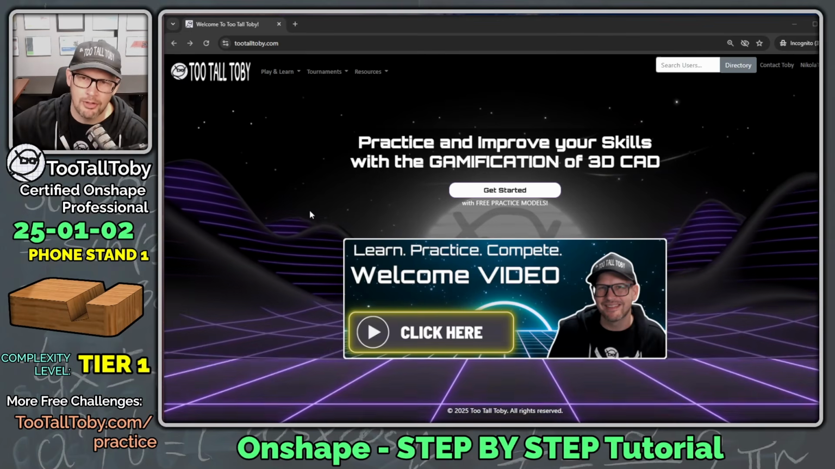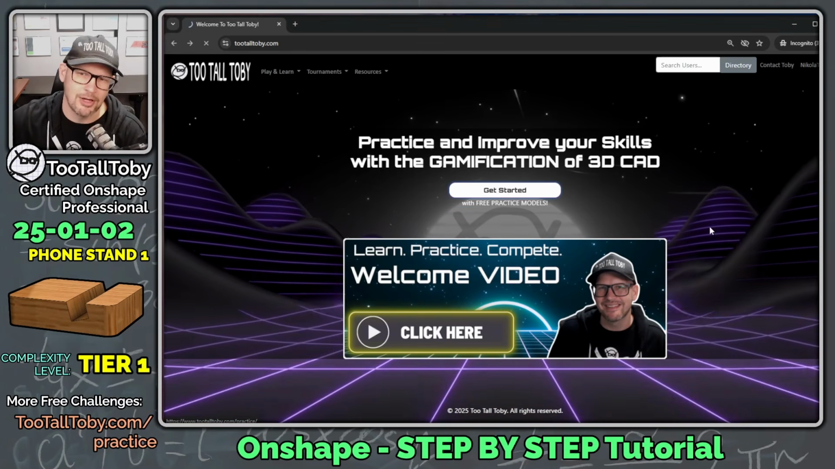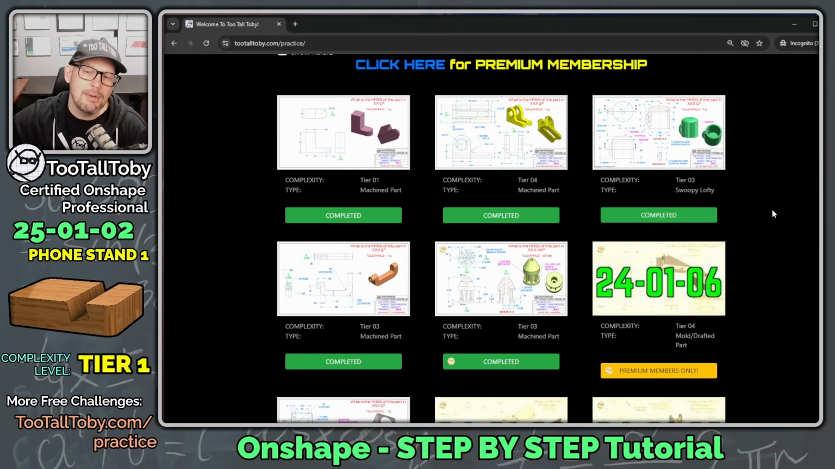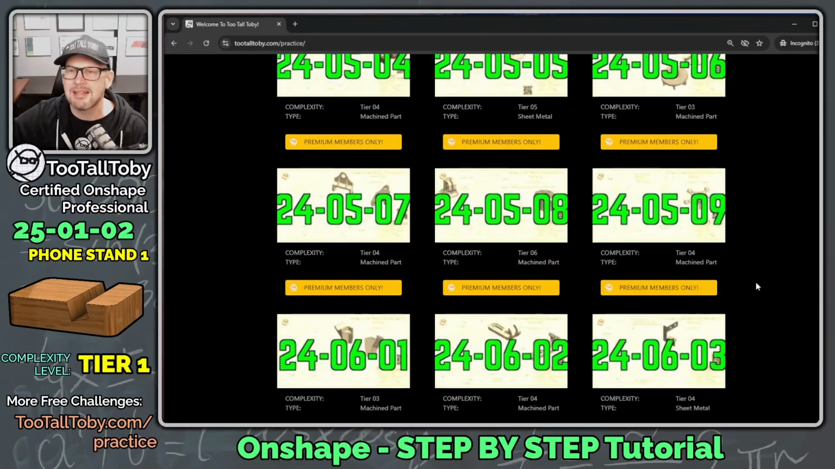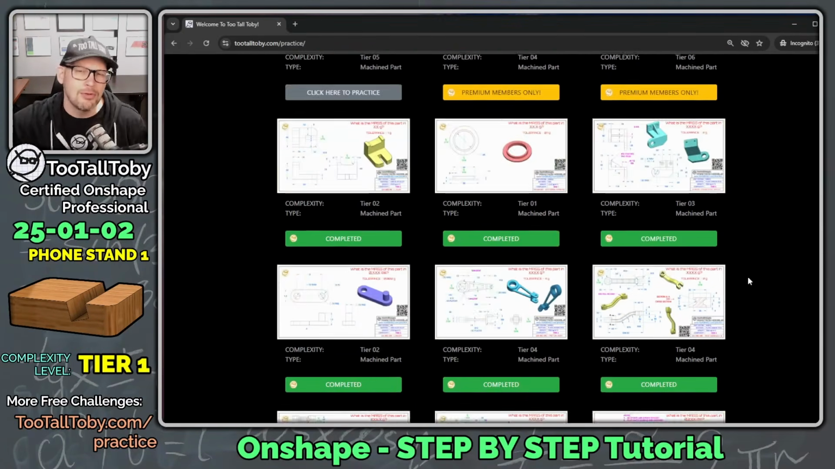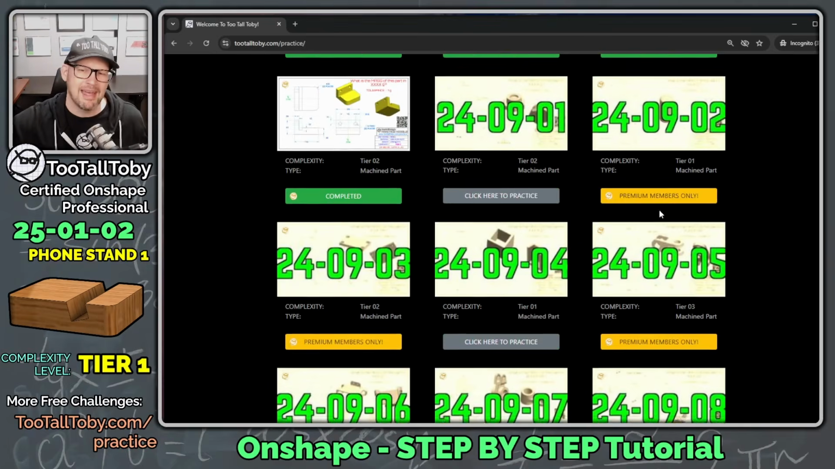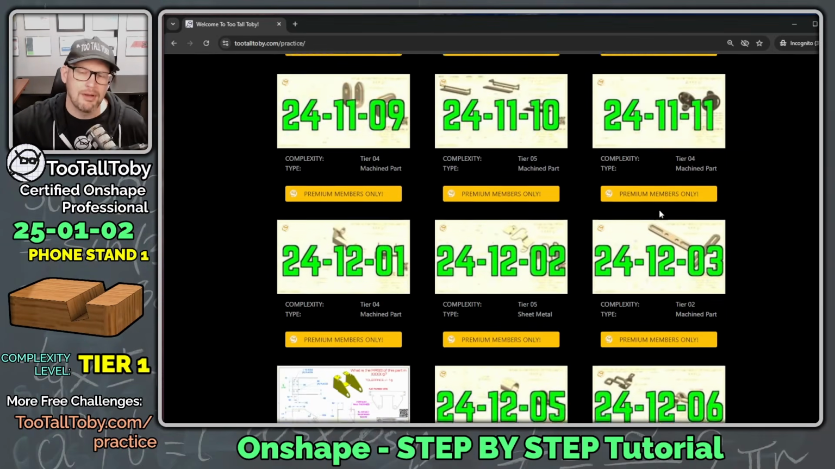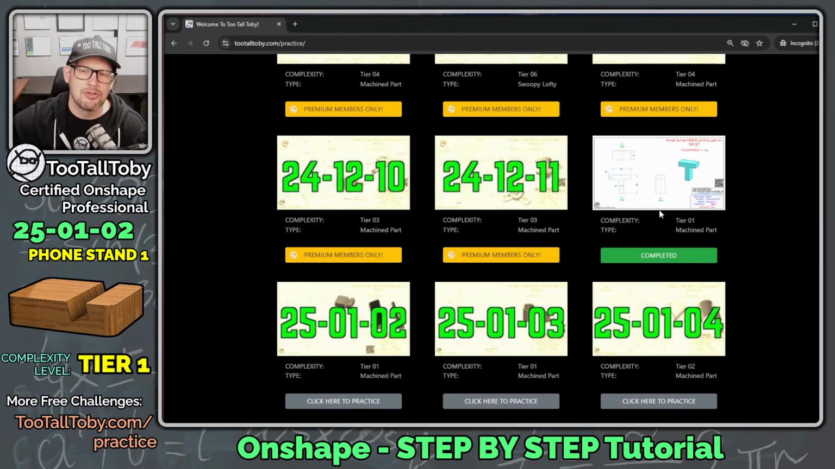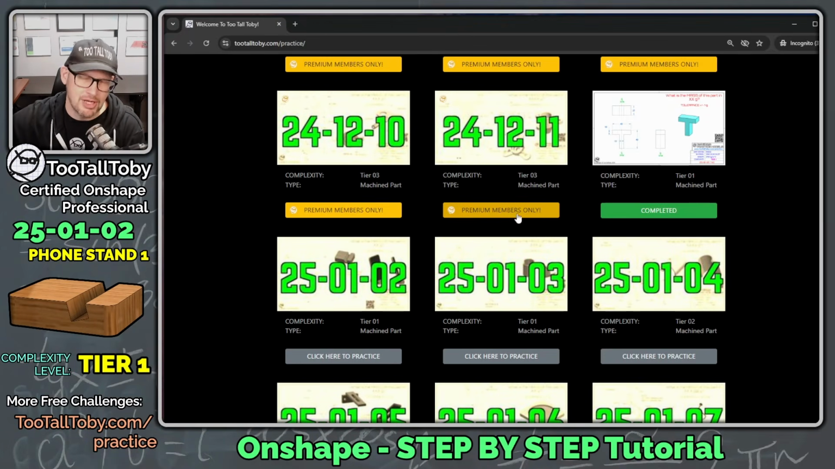We're going to go to tootalltoby.com. We're going to say click here to get started with free practice models. And here we see a repository of over 120 2D to 3D CAD challenges for users working with any 3D CAD system. Now, there's about 20 challenges in here that are free for anyone. And then if you really like the app, you can choose to upgrade to the premium membership, and that'll unlock